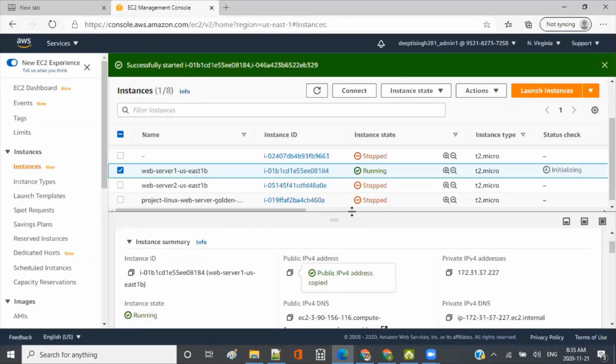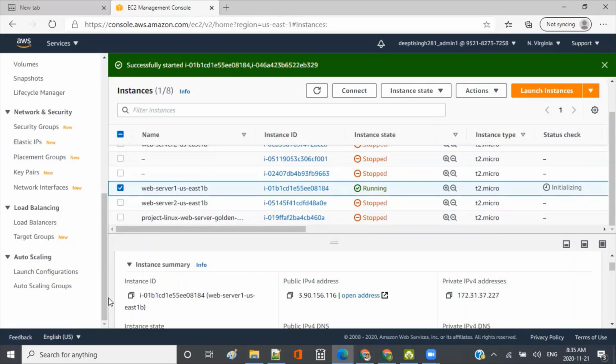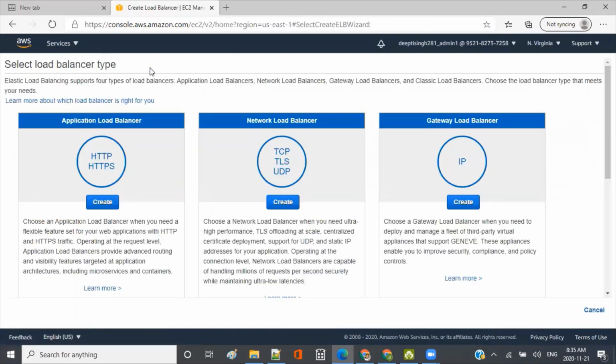So we have already created a target group and put these two instances behind it. Let's add the target group to a load balancer. I'll go to the load balancers and create a load balancer. These are the available ones: application, network load balancer, and there was a classic load balancer.